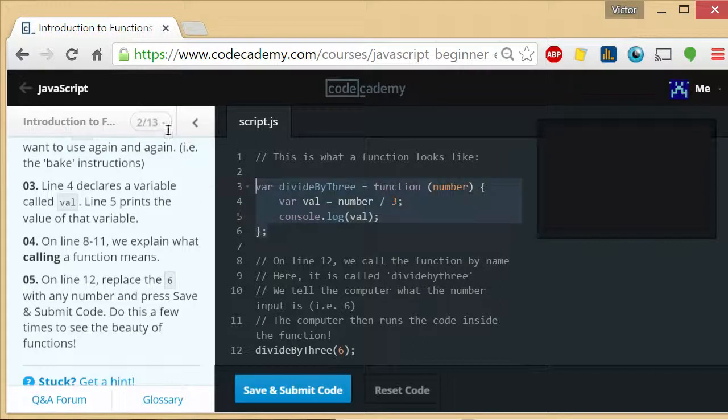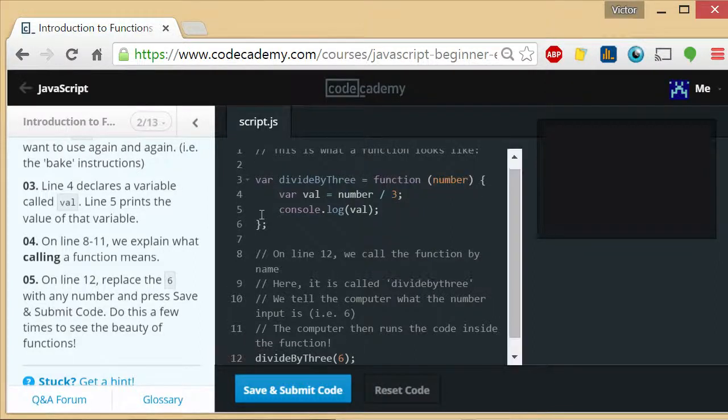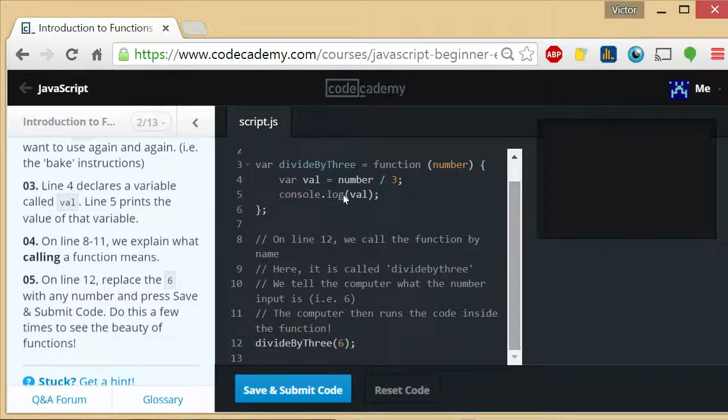Now, once you have that defined, you can call a function in this way. Divide by 3, and you pass it a number, 6. And that's what's neat about functions, that they create an abstraction for an operation. Now you can call divide by 3,